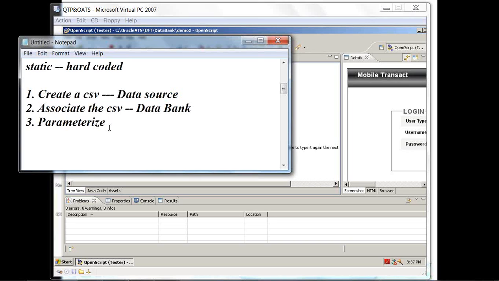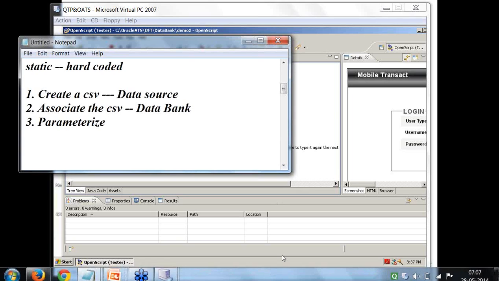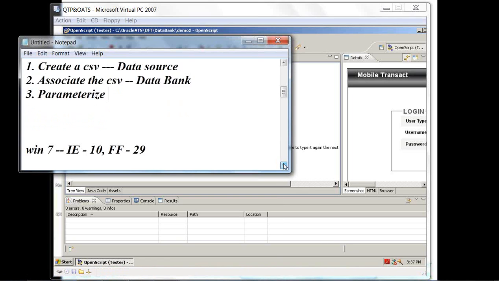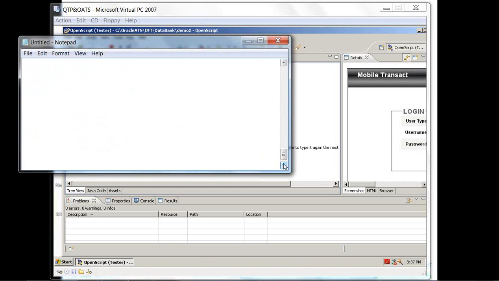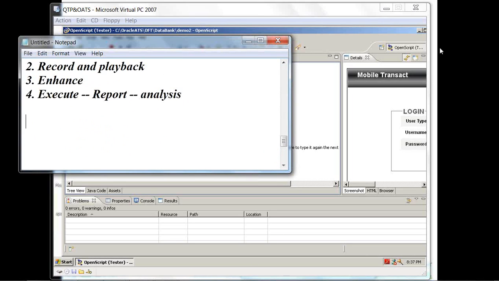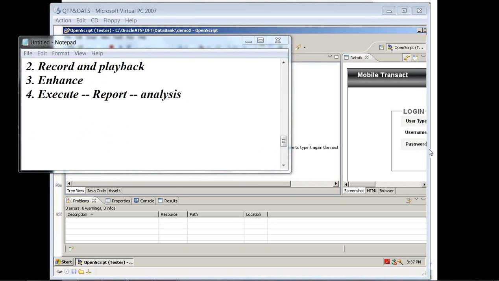Right, and next we saw how to parameterize. For this, what we had to do is first identify what is the static data, and replace that with dynamic data. Now we have it in our CSV file, and we told it from which column it has to pick up the data. Right, so this is about parameterization, and I guess the time is also up. We have taken more than half an hour of session. So if you have any quick questions here, please put them, and if not, we can go ahead with the session. Let me quickly check if I have any questions over there.